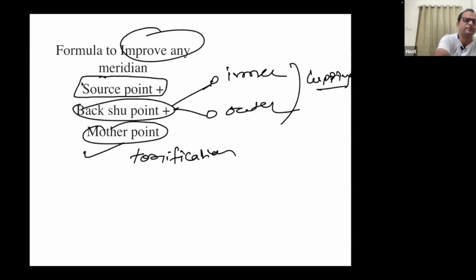Remember one thing. We know mother. What is the role of mother? The role of mother is giving nourishment to the child. Right? The universal mother is the kidney, the mother of all, because everything is born from the kidney first. Right? So the energy of the